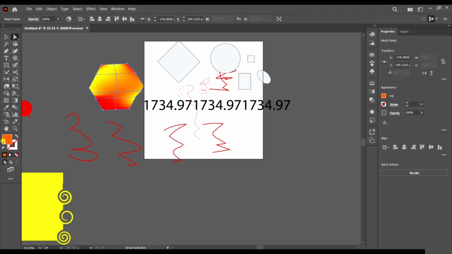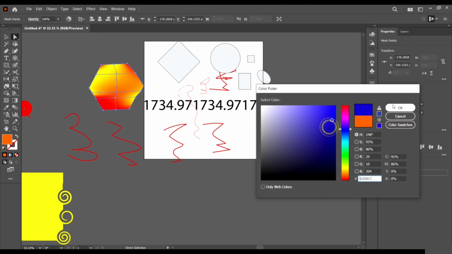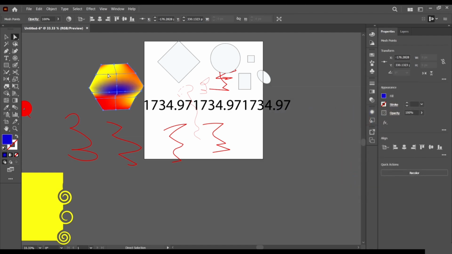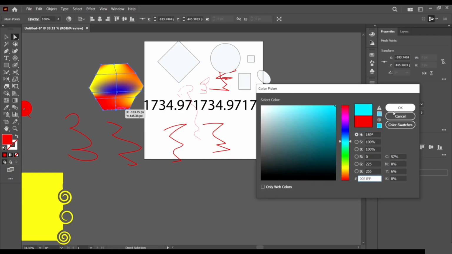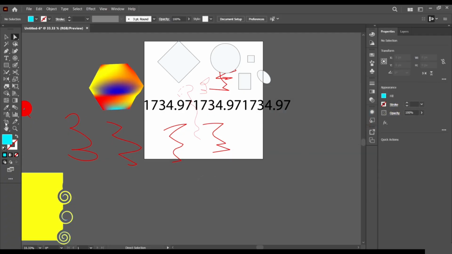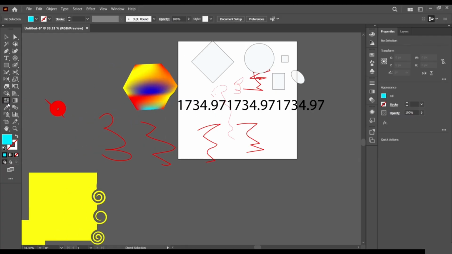Maybe give this guy a blue color, and this is what we now have. That's the use of the mesh tool. Of course, if you are coming from the other course, you know all of these tools. We created several projects with them, so this should not be a problem for you. This is just a refresh of your existing knowledge.